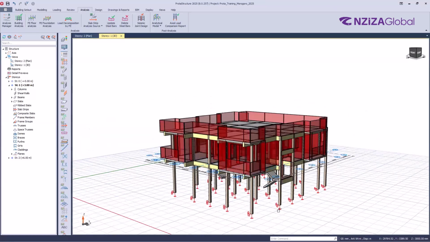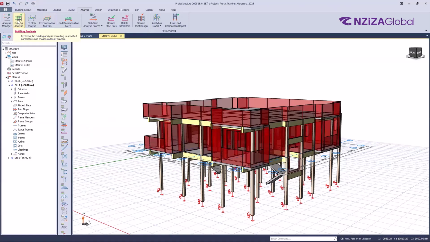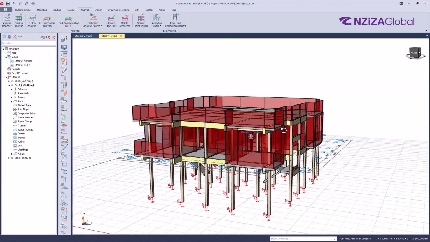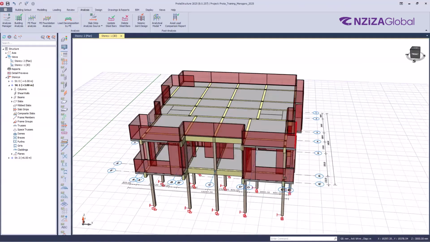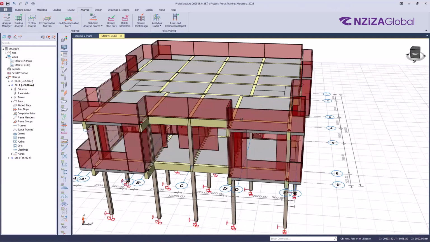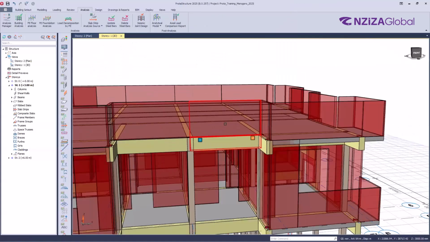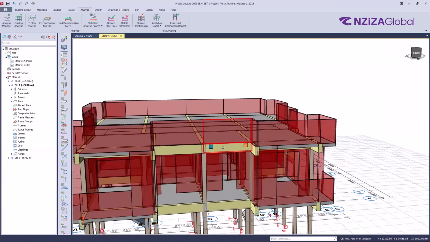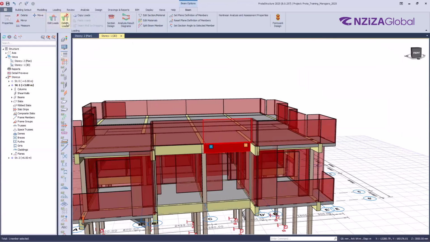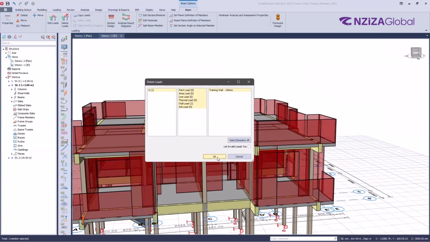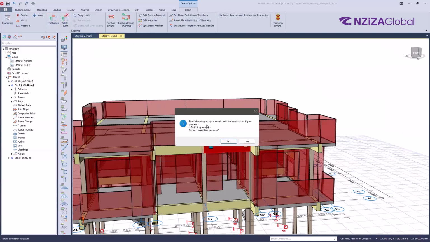So we have done the analysis. We have this green tick here. So it means we are ready to go for the design, okay? But however you do any change to your model, let's suppose I have this wall load that I have placed here as a parapet wall. If I select it and try and delete the load,